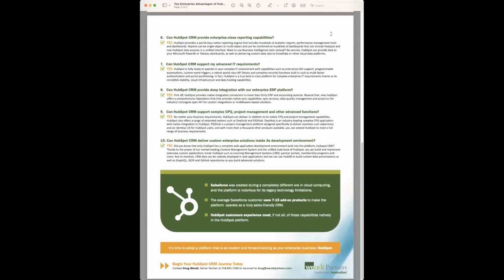So let's talk a little bit about the other side of the equation. So we've got the business users and we have the technical users, and we need to meet the needs of both. We just talked about the needs of those business users with great BI and great dashboard and reporting and analytics capabilities. Let's talk about the IT side of the equation. So we discussed SSO. Tell us a little bit about things like workflow automation and programmable automations and custom coded workflow actions, Anya. And then I'll dig in and we'll talk a little bit about the API library as well.